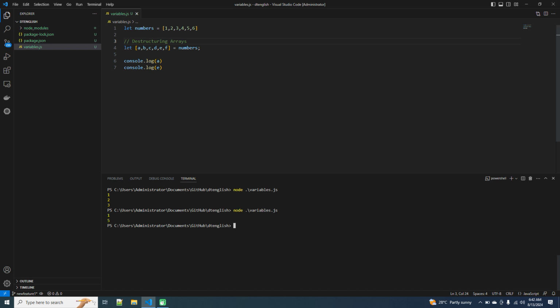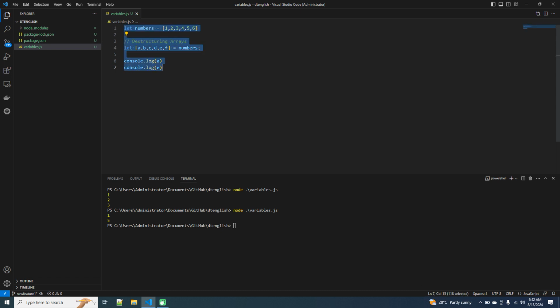See, that's it. So when you have your square bracket on the right hand side of the equal to, then it means you are declaring an array. But when you have the square bracket on the left hand side to the equal symbol, then JavaScript understands that you are unpacking the arrays, or you are expanding the arrays into individual values and assigning to individual variables. Right, now